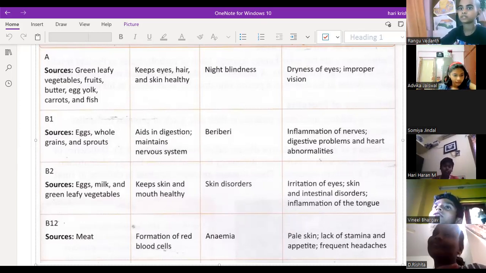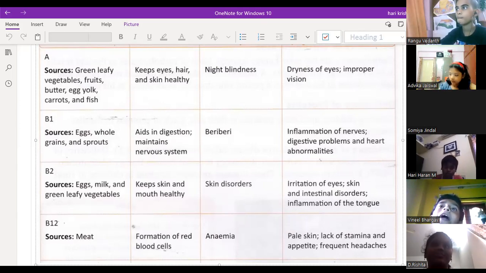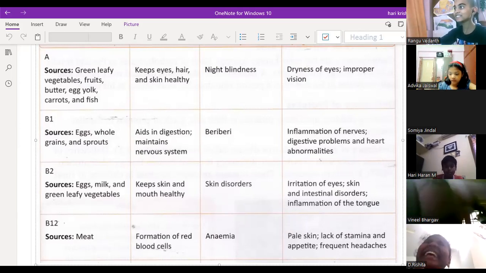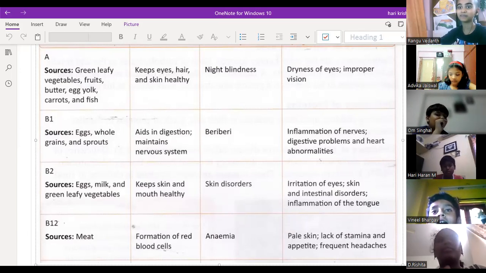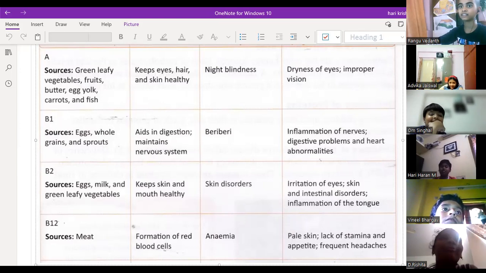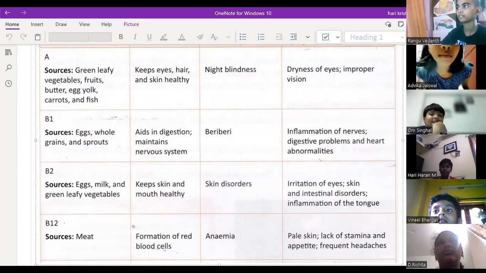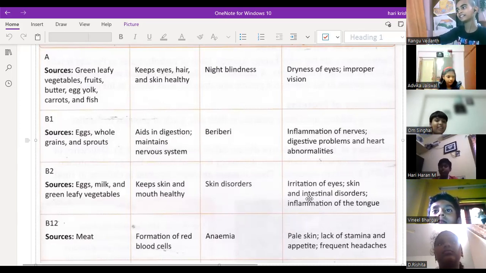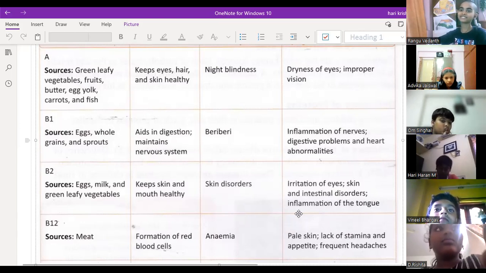If we eat mango pickle more, we will get black blood also, sir. What? If you eat more mango pickle, you'll get black blood? If we eat mango, we will get yellow blood cells. Then if you eat raw mango, you'll get green blood? The blood is always red only. No, no, no. Always our blood will be red in color only. Due to the food, the blood color will not change.